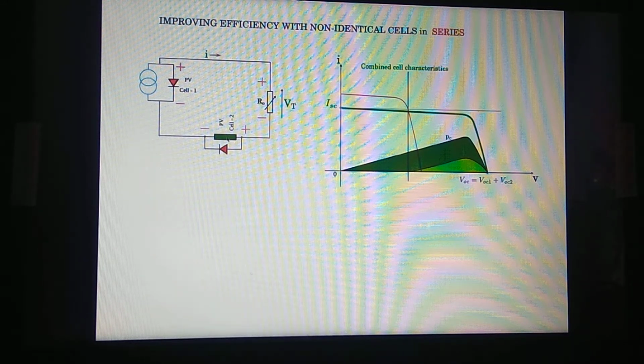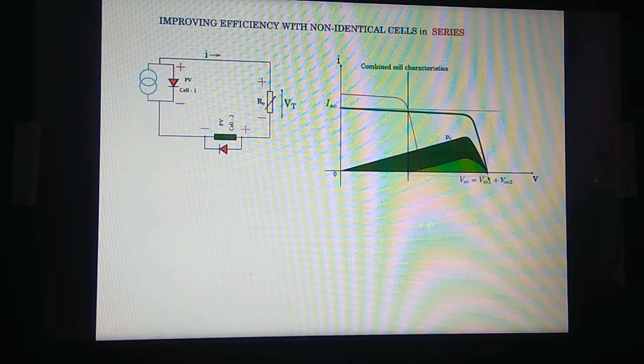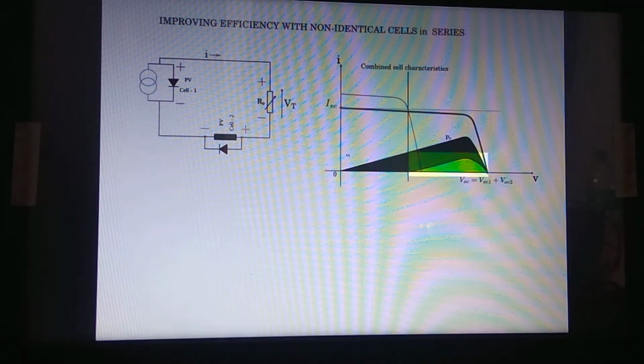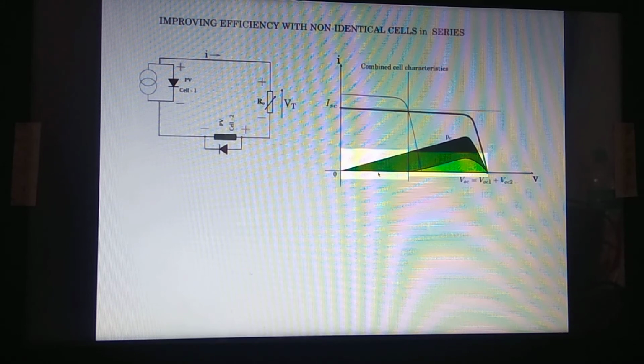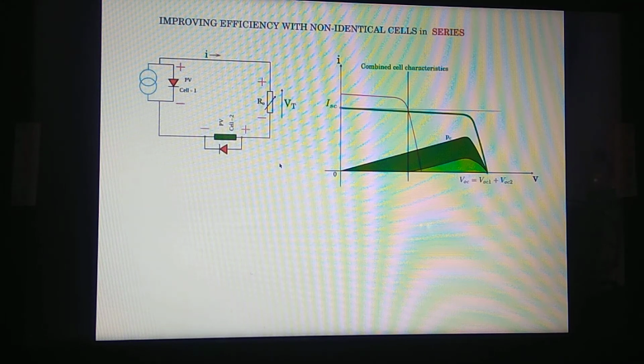PV cell 2 will only source power during this time, and during the time when it was sinking earlier, because of the presence of the diode, it will get effectively bypassed by the diode. Now, if you consider this characteristic during this portion of the